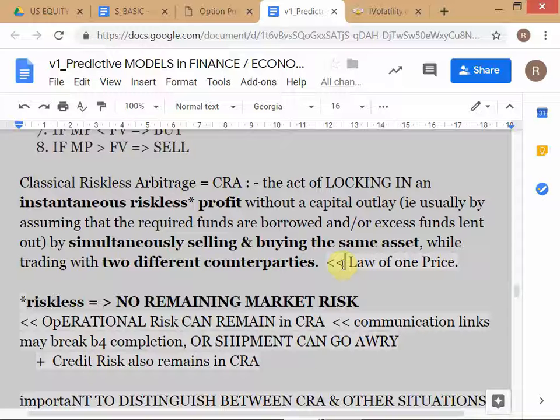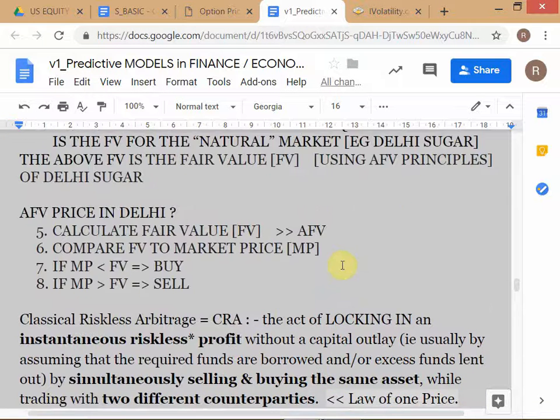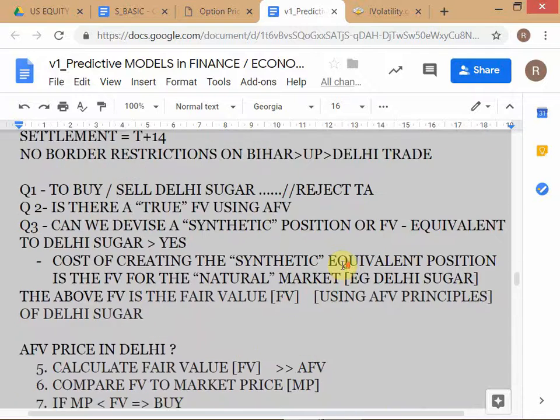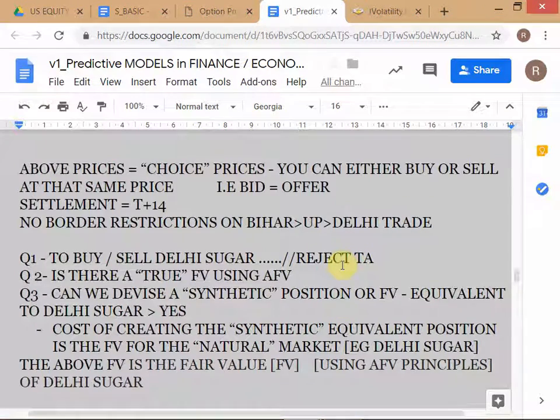Ishan, are you following? Okay. So this is what is meant by the law of one price, and eventually it will make the prices converge. Now see the problems. Why do I keep saying "when you can actually do the CRA"? Actually doing the CRA means there is some execution to be done. You need to call up the guy, buy from him, send to the Delhi dealer, and arrange the shipping, and everything has to go smoothly. That means the delivery has to go smoothly.